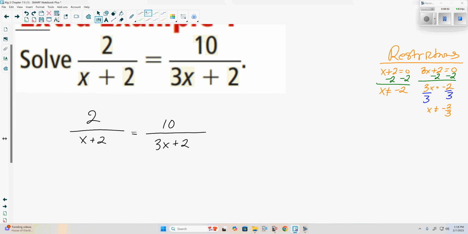Now our two denominators, x plus 2 and 3x plus 2, are both of those simplified? Or can one of those be factored? No. X plus 2 is as simplified as it gets. 3x plus 2 is as simplified as it gets. So when we multiply by the least common denominator, we're trying to get rid of all the denominators out of each fraction. So if we multiply through by x plus 2,